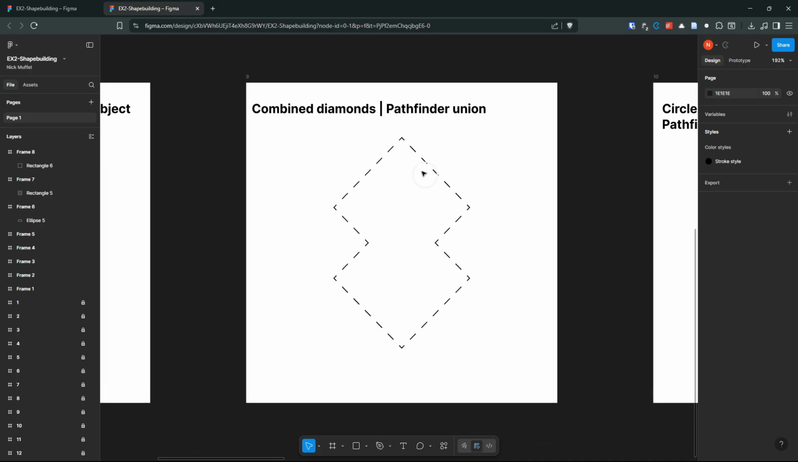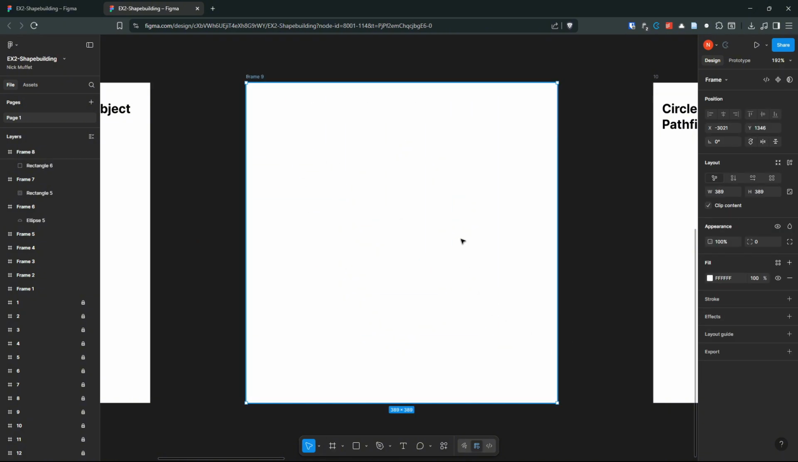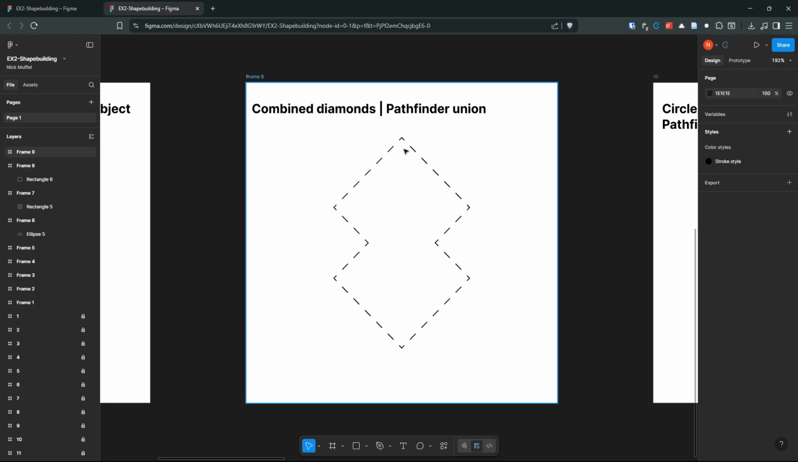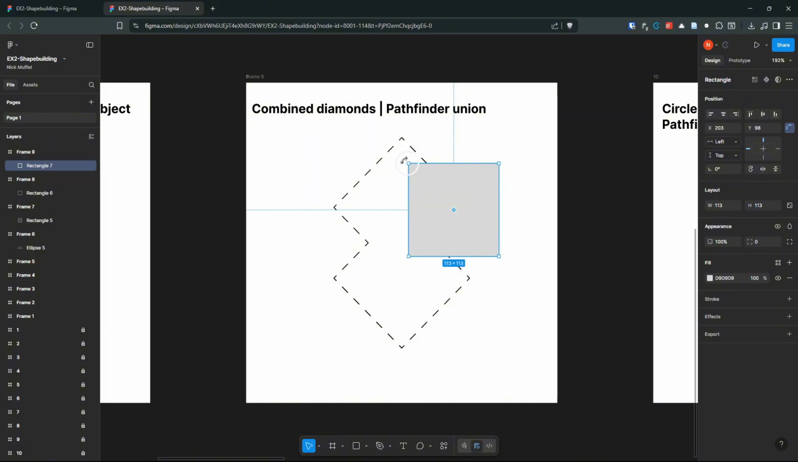Okay, this time we're not subtracting shapes, we're adding them together. So we want to combine two diamond shapes to make this more complex shape. So I'm making my frame and removing the fill here. So this shape, again, we could use the pen tool, but an easier way would be to start with a square